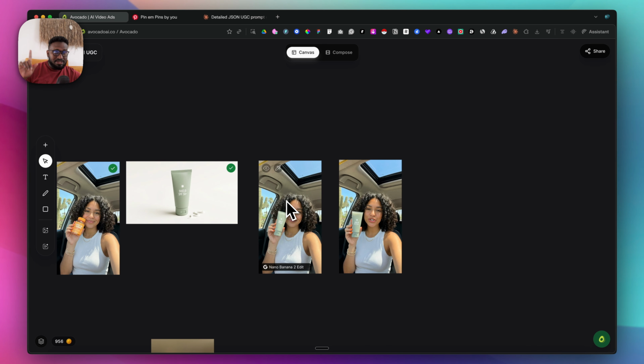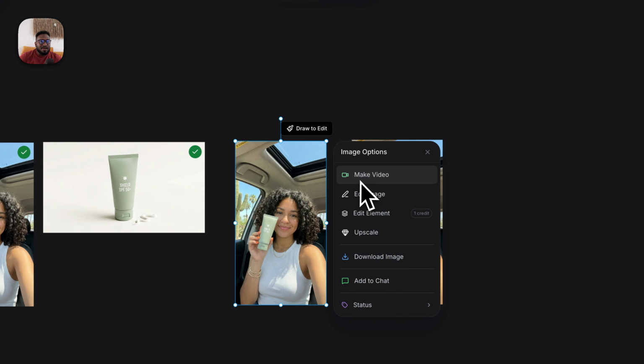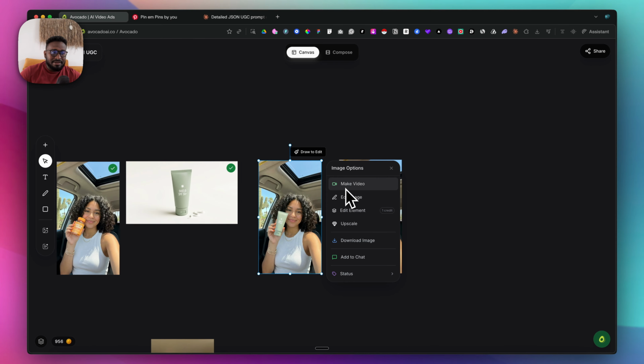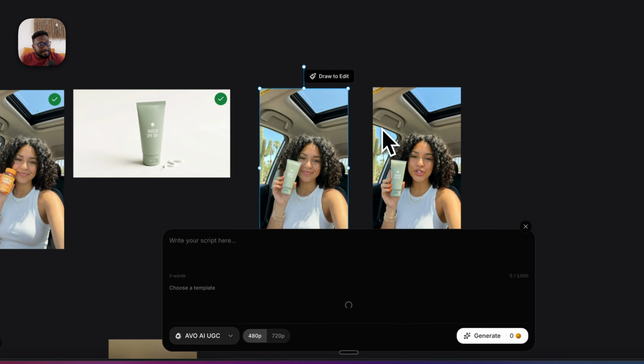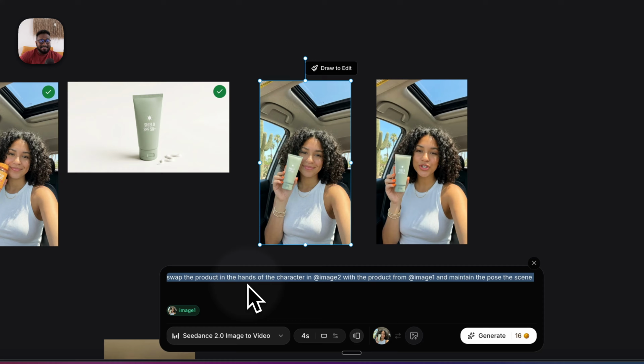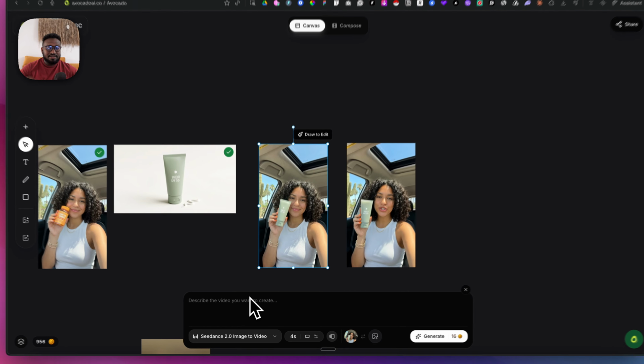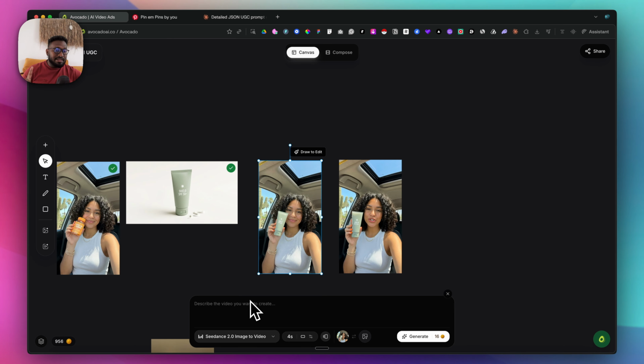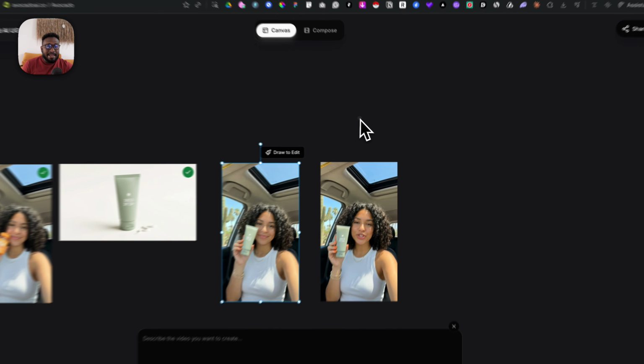Hopefully very soon Seedance will be without the face restriction, because unfortunately, due to the lawsuits in the United States, there has been added some major restrictions, which made it a bit more difficult. But as soon as Seedance, so I'm going to type here Seedance, image to video, as soon as this becomes available to be used with face, honestly, this is going to change the game. But while that doesn't happen, I just wanted to share this workflow and how you can create AI UGC like a pro,